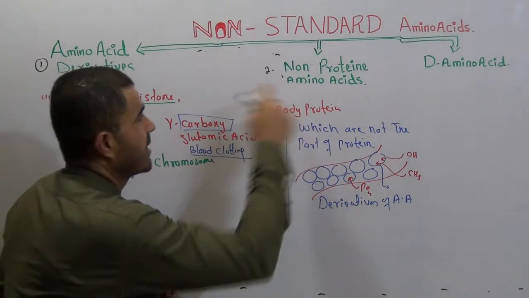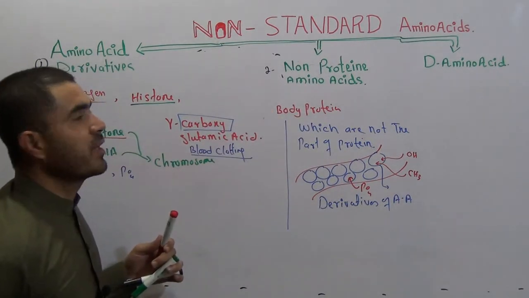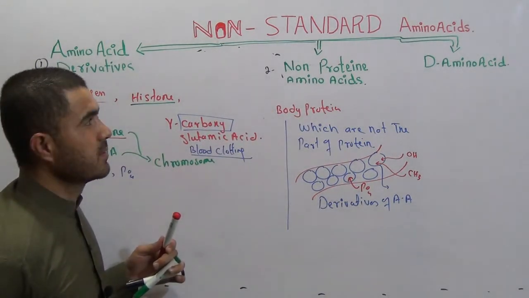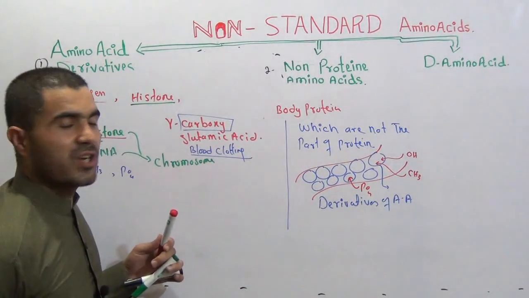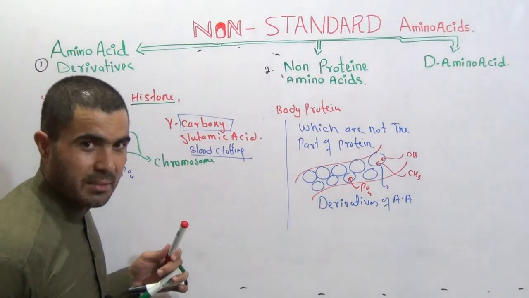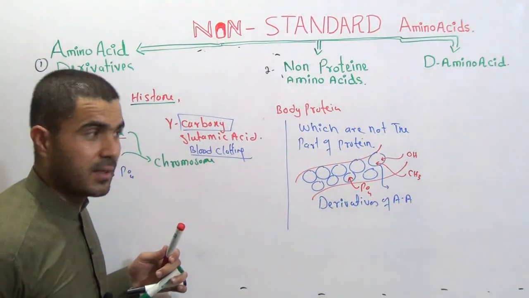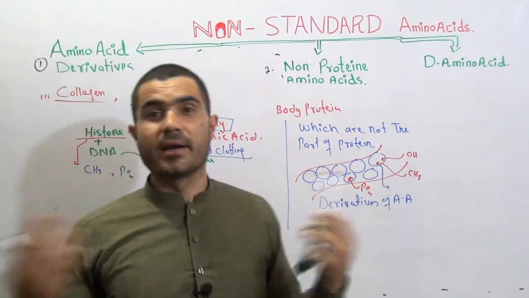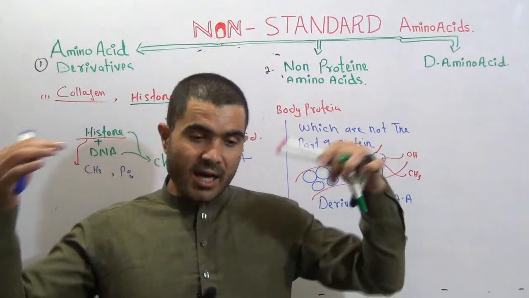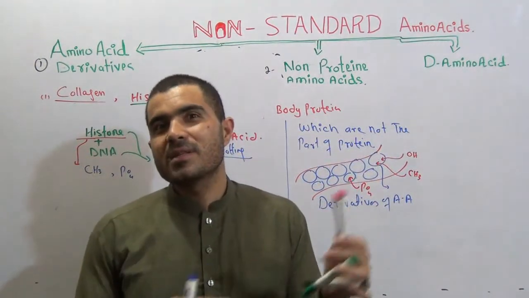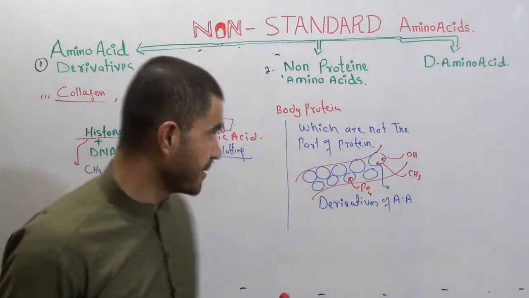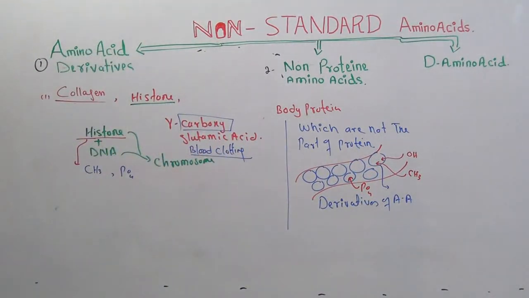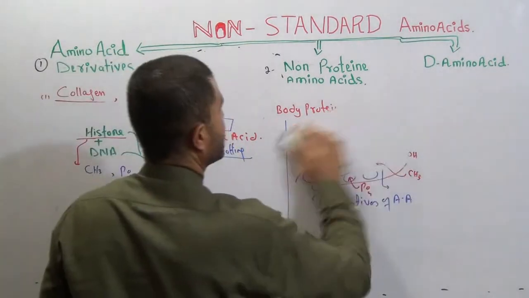Now the second category is non-protein amino acids. These are those amino acids which are not part of protein, but they are present in the body. It doesn't mean that they are outside the living body. Yes, they are present in the body, but they are not present in the protein. They are performing some specific functions. I would like to tell you what these functions are. And these are